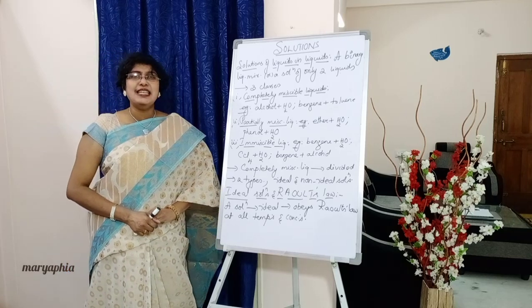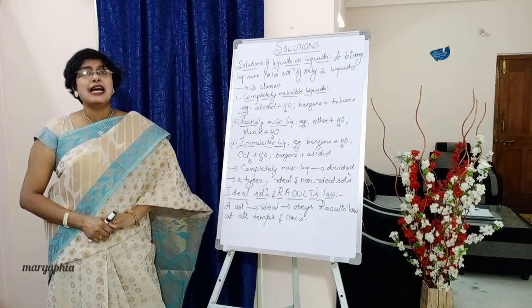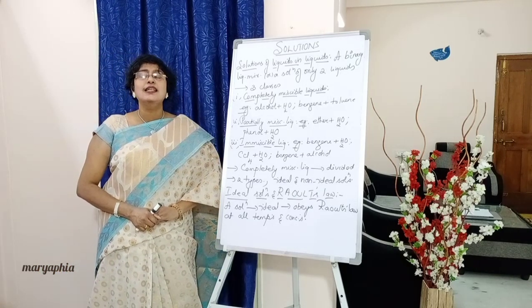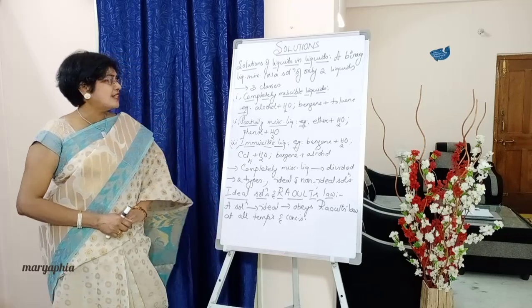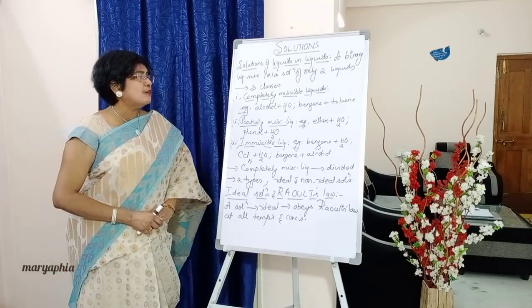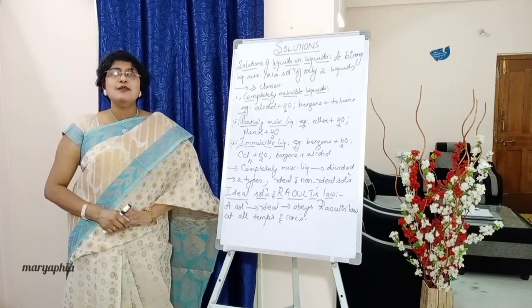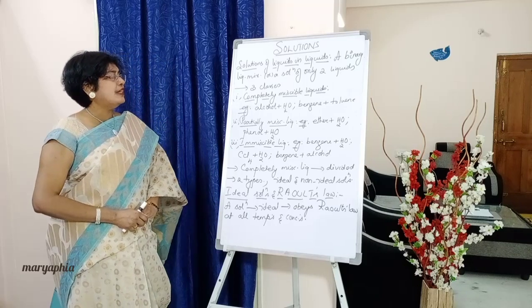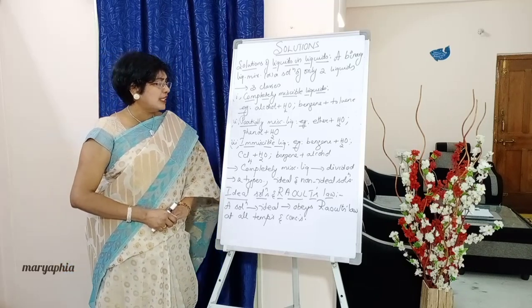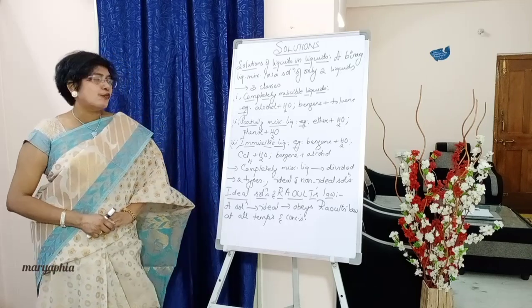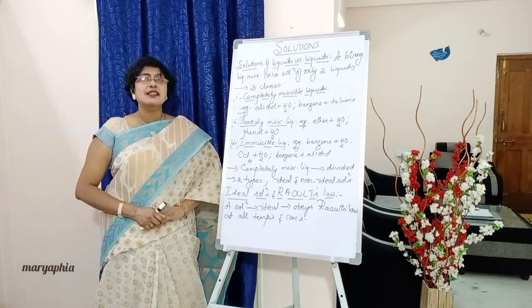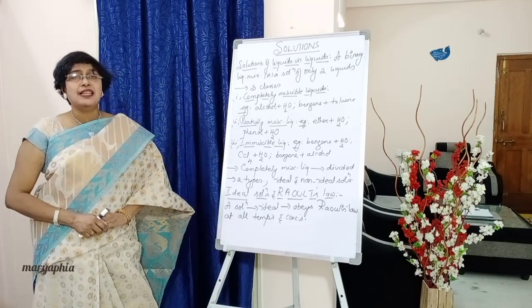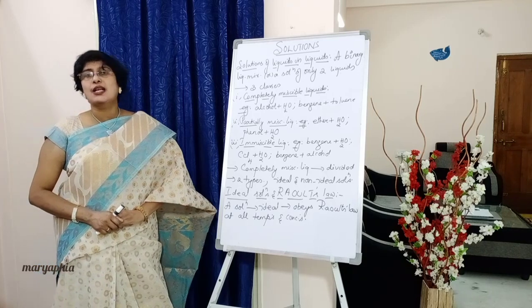Okay, so write down. First one, completely miscible liquids, under which you have examples like alcohol plus water, benzene plus toluene, etc. Second one, partially miscible liquids, examples: ether plus water, phenol plus water. Next, immiscible liquids, examples: benzene plus water, carbon tetrachloride plus water, and also benzene plus alcohol. So these three are the types of liquids under binary liquid mixtures.